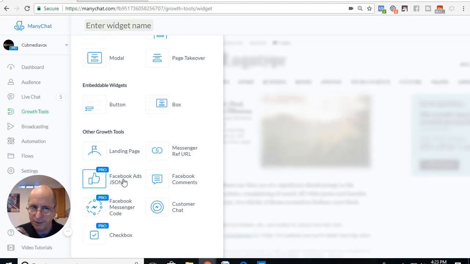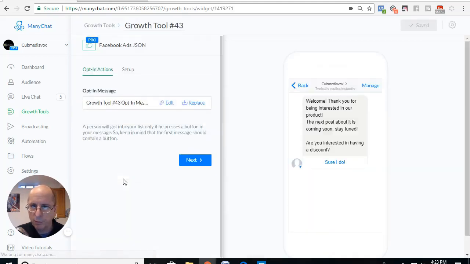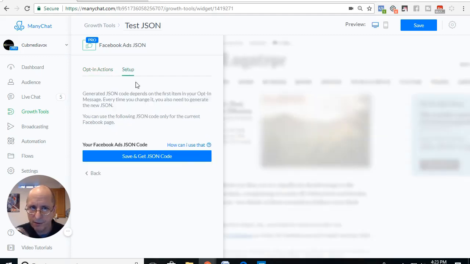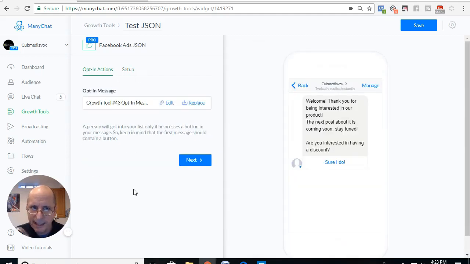We'll click on this, and it will open up a new growth tool. I'll name it Test JSON so it doesn't get mixed up with my other ones. And one of the things you notice here is we have an opt-in message, and then the next step is the setup. The opt-in message is the initial message that the user would get coming in to Messenger from